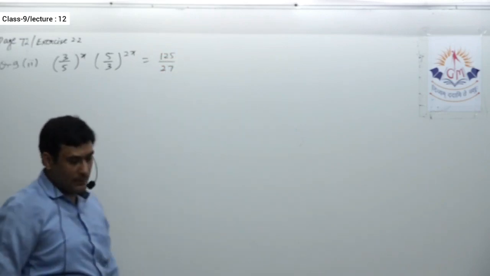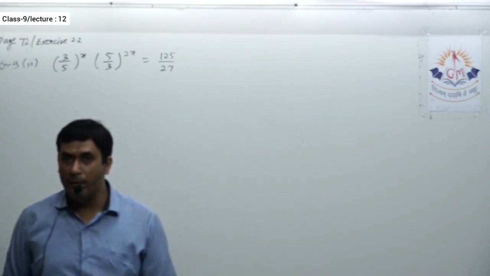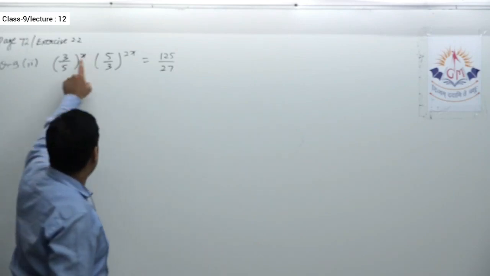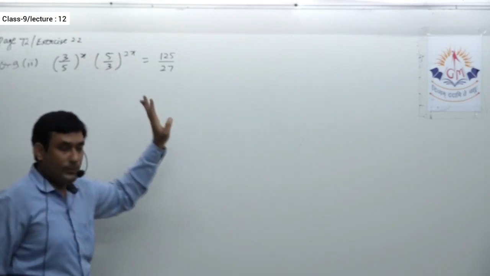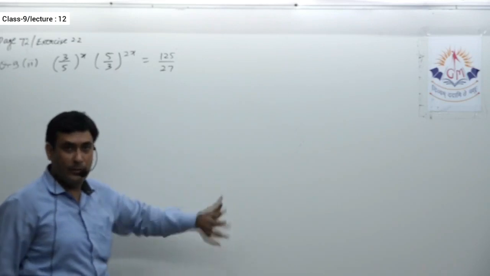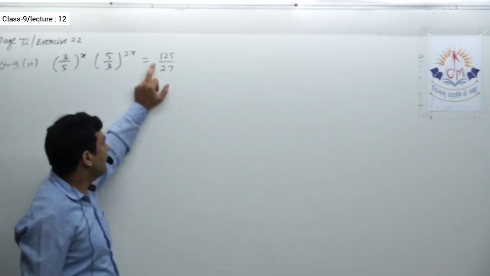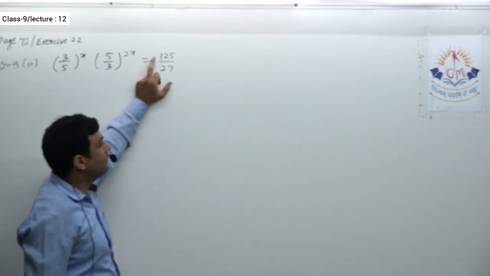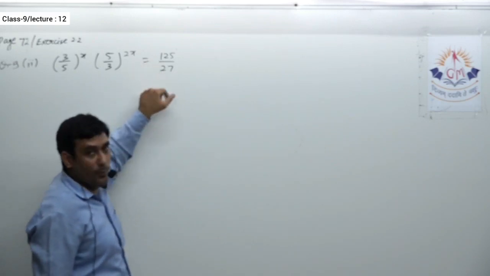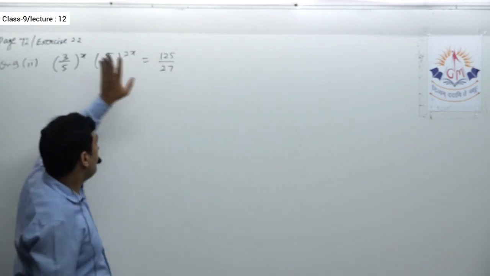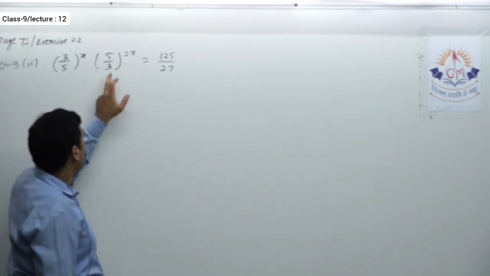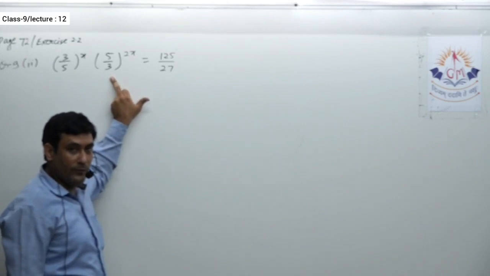So again here is an almost similar question. You can see we need to find x, and that is in terms of power. So anyhow we have to make the bases same. Now over here this is 125 upon 27, this is 5 cube, this is 3 cube. So here I can write 5 upon 3 raised to 3. So I also need 5 upon 3 on the left hand side.